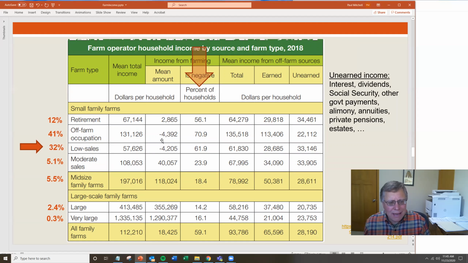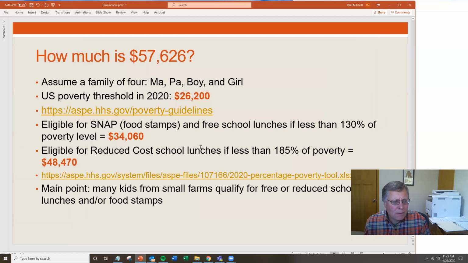32% of the farms in that category have off-farm income, most of their sources of income. They lost money in 2018 on the farm. 62% of them have negative farm income. We're going to look at those farms, and the point I'm trying to get across here is how much is